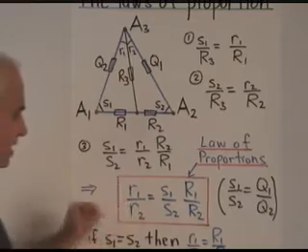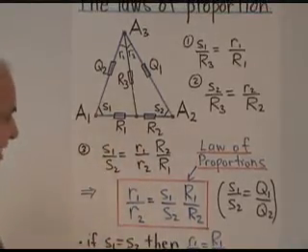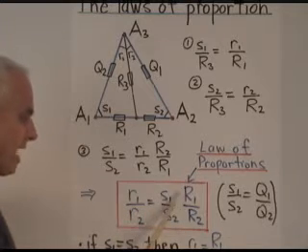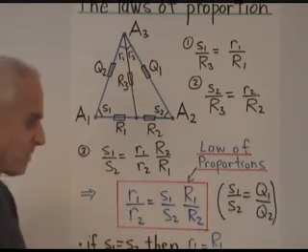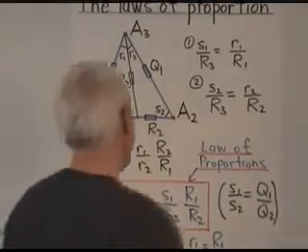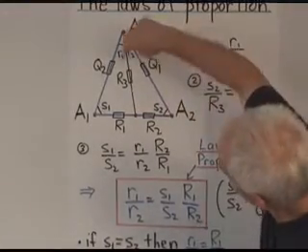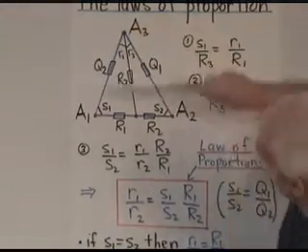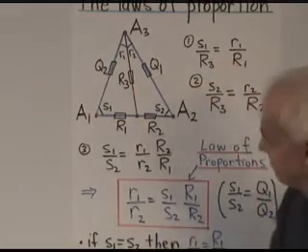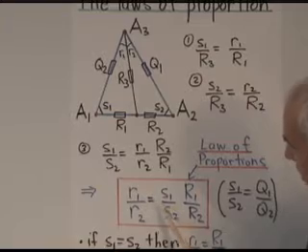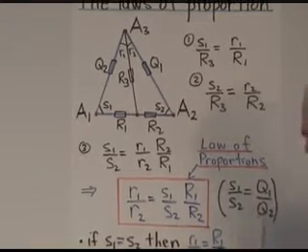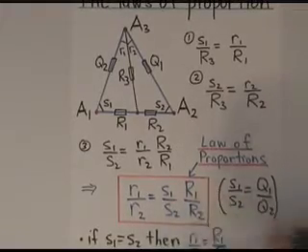And I prefer to rewrite that by bringing the capital R's to the other side, so we get r1 over r2 equals S1 over S2, capital R1 divided by capital R2. That's the law of proportions for this triangle. And the way I like to remember it is to look at it like this. That ratio r1 over r2 equals that ratio there times that ratio there. Now if S1 and S2 can be replaced by the quadrances Q1, Q2 from the spread law, then we could rewrite that also in terms of quadrances.